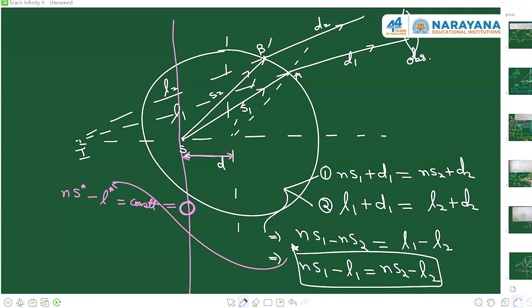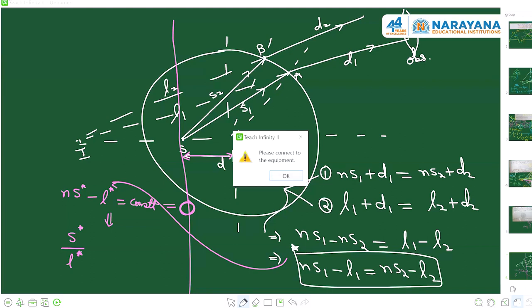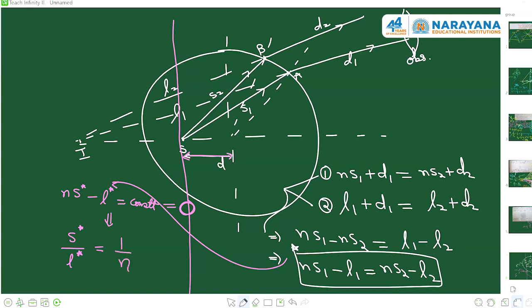And as I get this point from here, we converge onto the idea that this thing is possible if S star and L star, S and L, we can say general S star and L star, like general S, general L, follow a relation which is actually 1 upon n. And as you say that the ratio, now S star and L star basically are the distance of the point